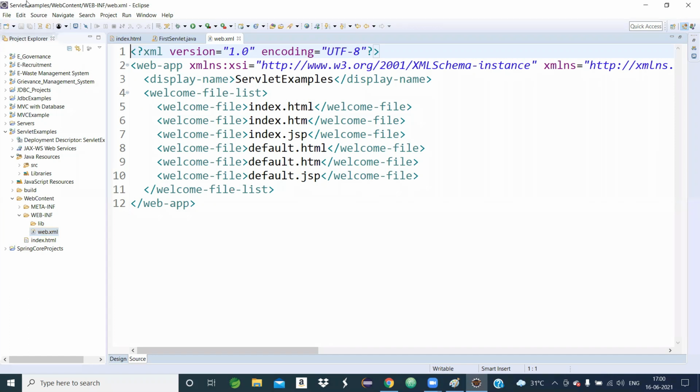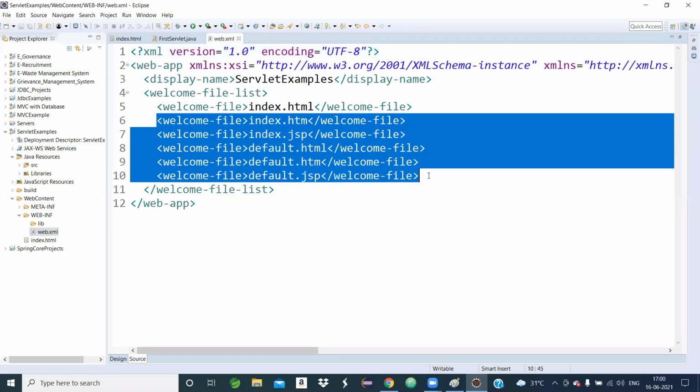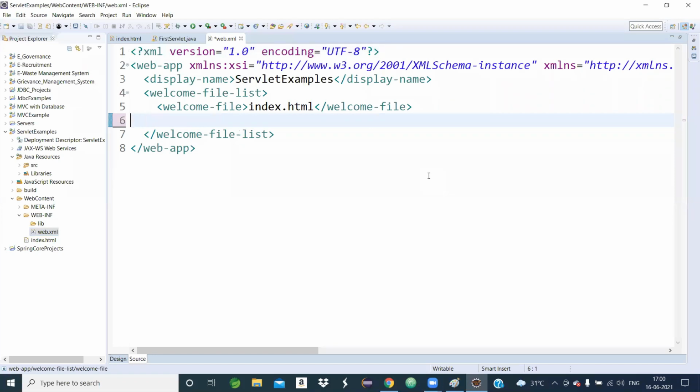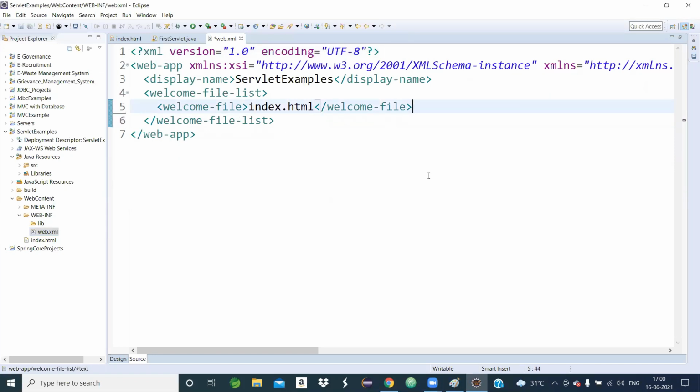So we have to develop one file, the welcome file list. Our welcome file is the index.html file. You remove all these other things. Welcome file means when you run your project, whichever output comes first, that corresponding file is the welcome file. Suppose I run my project and the login form comes first, then the file name would be login.html, so I will write login.html. But in our context my file name is index.html, so that is called the welcome file.